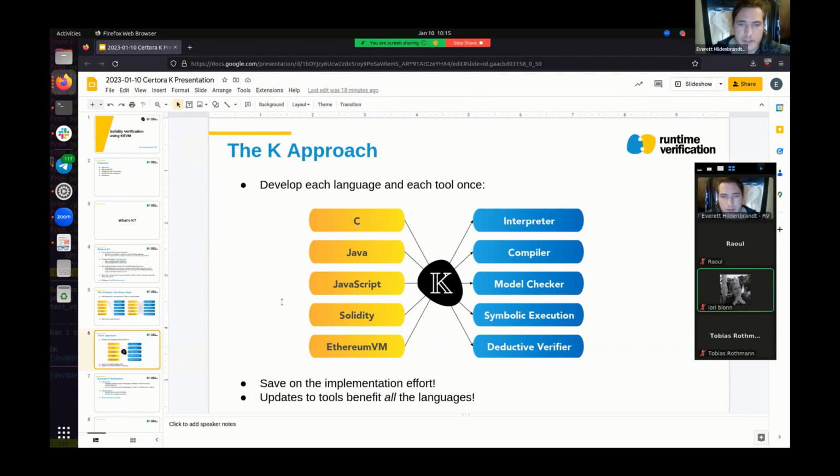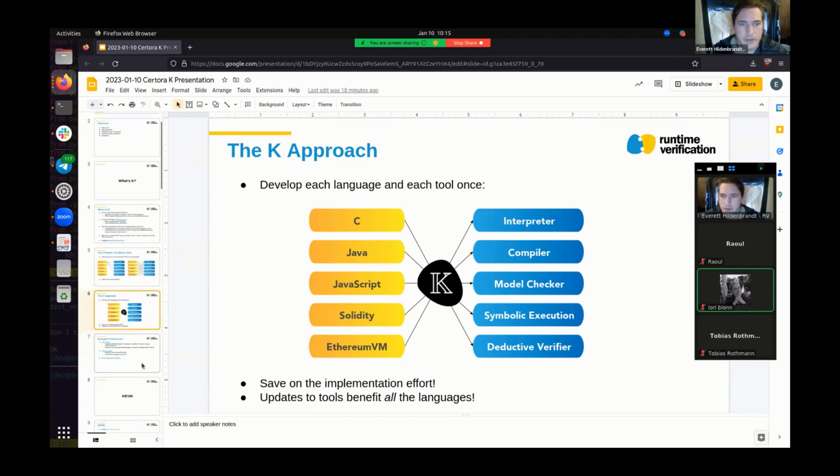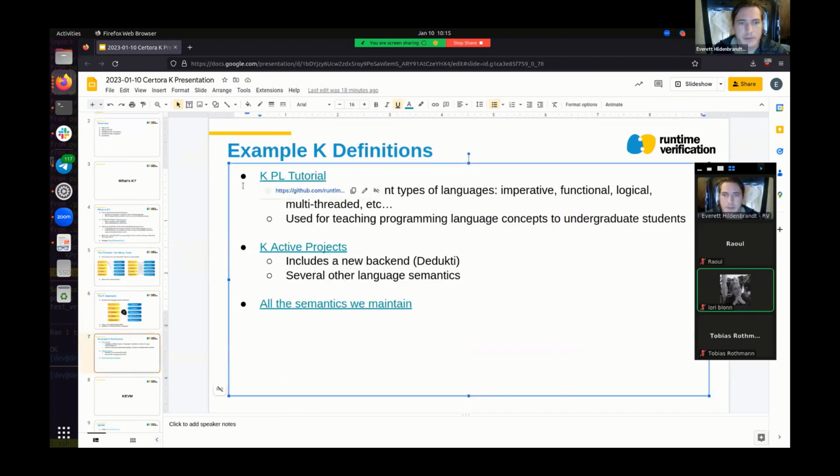The other benefit, I guess, is that you get debuggers and stuff like that for free, which isn't listed here, but we do have symbolic debuggers. Okay, any questions about K? Oh, I have another slide about K. So just some example K